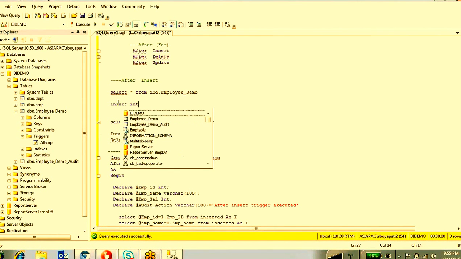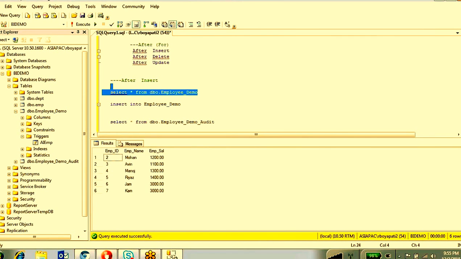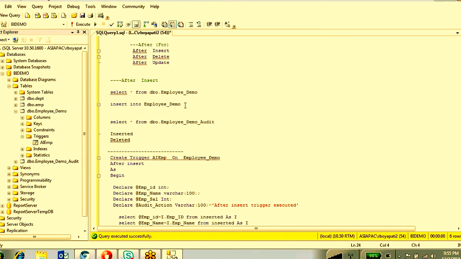Insert into this table, emp name, emp salary, values, Shelldon, and the salary is 6890.